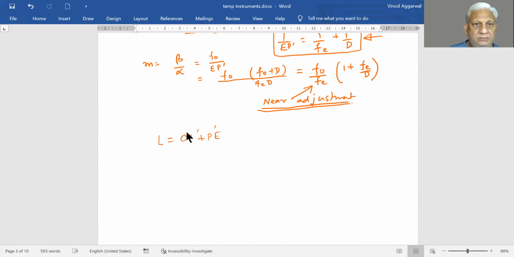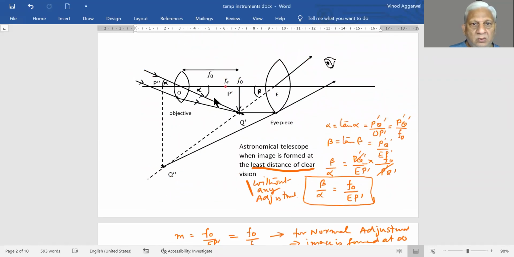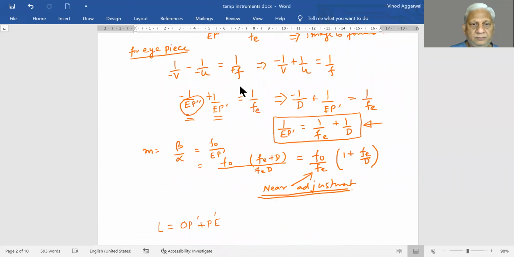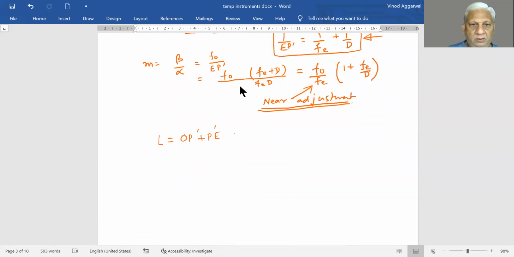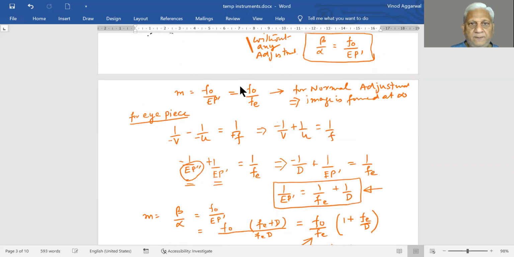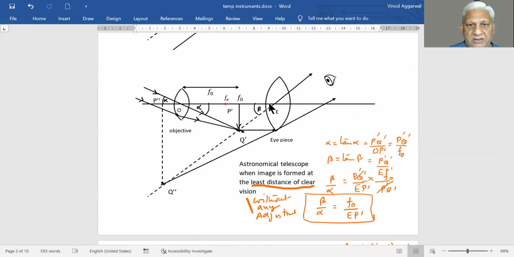What is OP dash? OP dash is our focal length of objective. Focal length of objective plus P dash E. And what is P dash E? P dash E is this. This is very close to our,